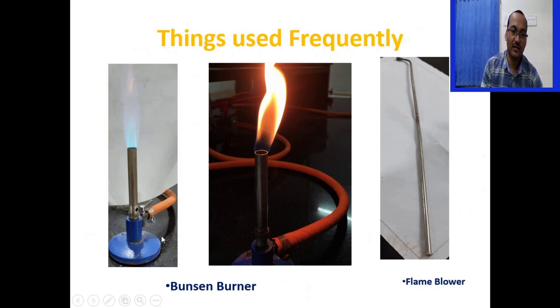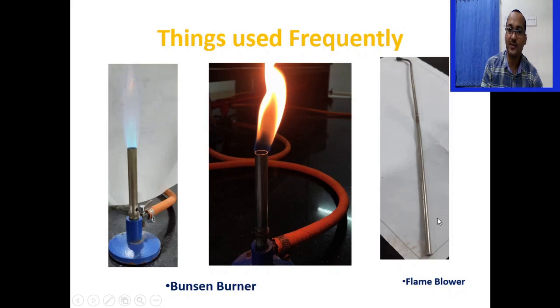So this one you can see is called a Bunsen burner. It has three parts: a metal base, a regulator called the collar, and the burner tube. So when you put the gas on and light it with a lighter or matchbox, you will get the flame. Here you can see two distinct colors. This blue zone is called the luminous flame, where you will find most of the carbon monoxide. And here is the outermost zone, and this one is the innermost zone.